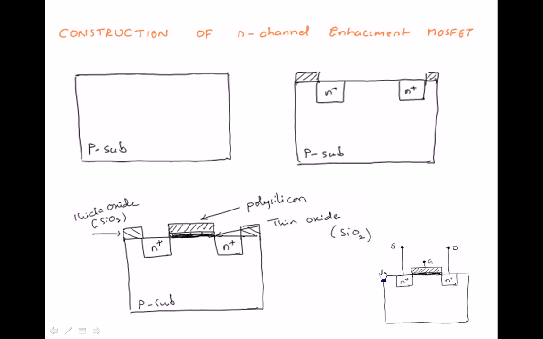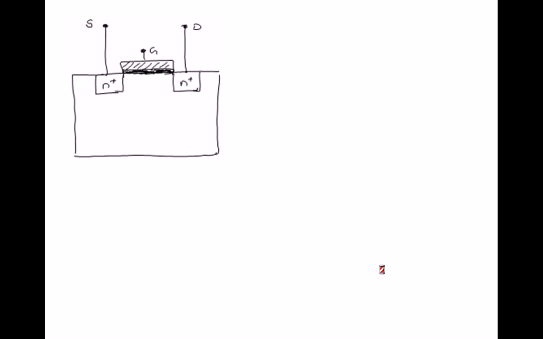Now we will see what is the importance of gate. Why the name has come as MOS, metal oxide semiconductor. So this is what normally we are thinking of. This is polysilicon and this is SiO2 layer and this is P sub. P sub implies nothing but semiconductor.